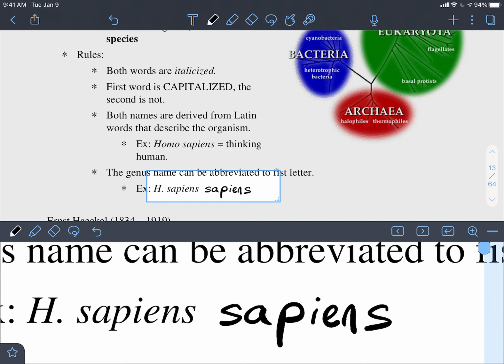And so Homo sapiens sapiens is the correct nomenclature for describing us, because we are a subspecies. Although there's been 2 million years of Homo sapiens around the world, only some of those Homo sapiens subspecies have survived, and those are the ones that we identify with. And so we are the Homo sapiens sapiens subspecies that's out-survived all the other subspecies of Homo sapiens to be the only one left.